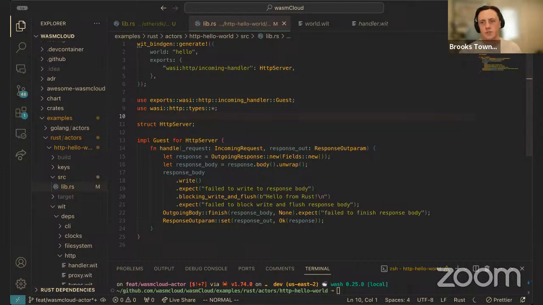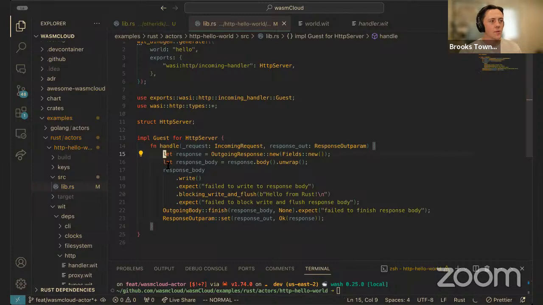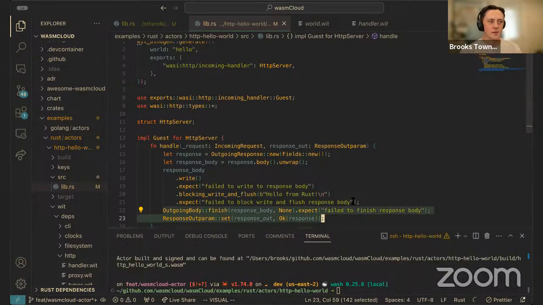The function signature looks really similar to what we would have in any function as a service style framework, where you have your essentially handle request function. All we do using the WASI HTTP types is create an outgoing response. We write a couple of bytes to that response body. So, we're saying hello from Rust, and then we finish processing that